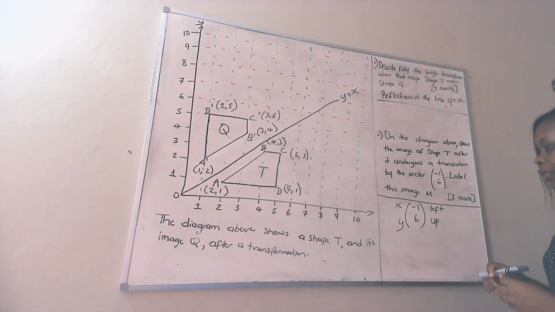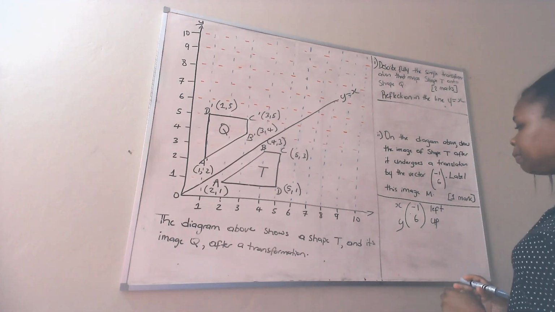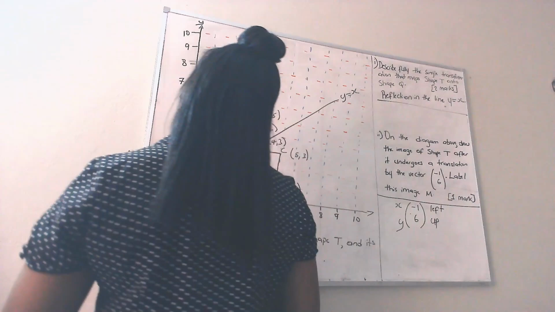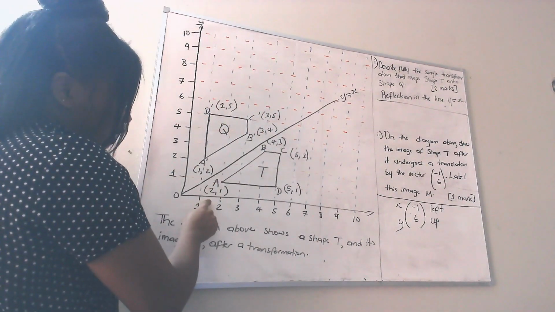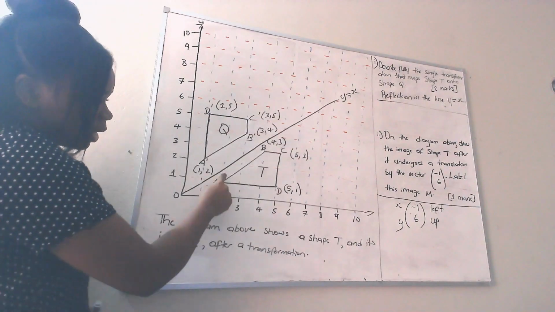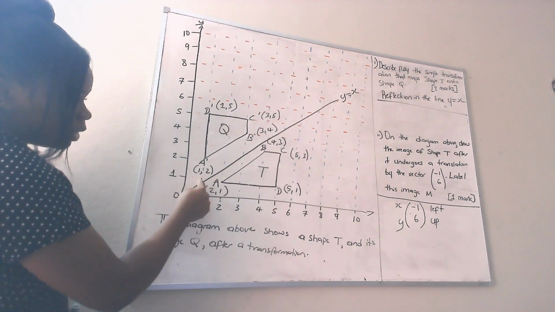This translation vector means we're going to move 1 place to the left and 6 places up. Now, we can use the coordinates as guides. So here we have A, right here. A is at x equal to 2. So if we move it to the left on the x-axis,